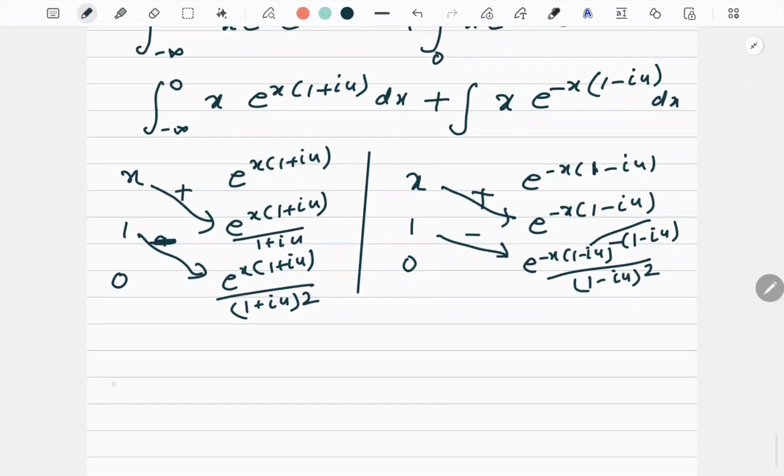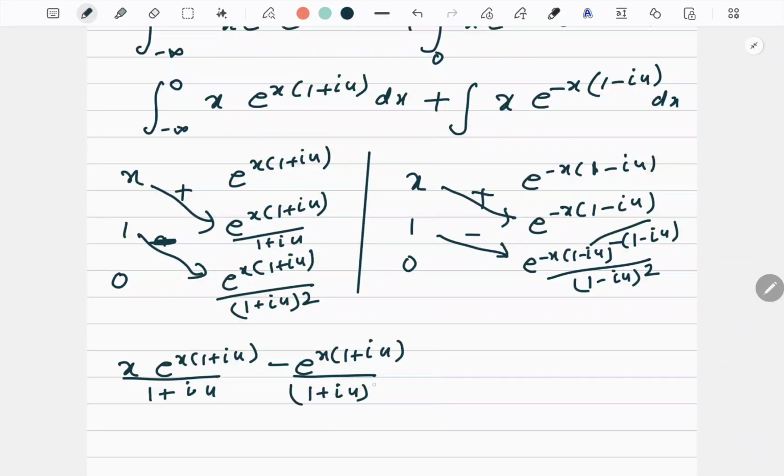So let me integrate and put it here. So x e to the power x (1 plus iu) upon (1 plus iu), minus e to the power x (1 plus iu) upon (1 plus iu) square,